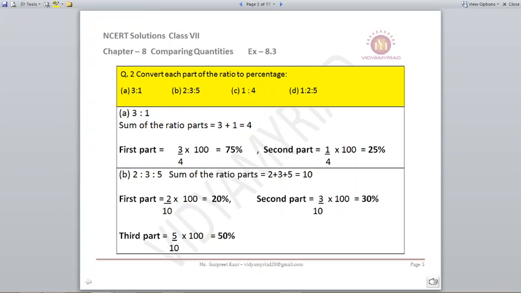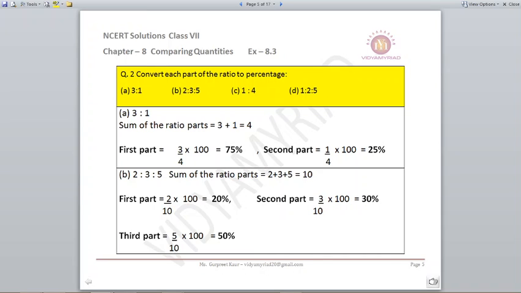So in order to calculate the percentage of each part, the first part is 3 and the second part is 1. So for the percentage, 3 upon 4, 4 is the total number of parts, multiply by 100, you will get 75%. Second part, there is only one part in the second, but total are 4. So 1 upon 4 multiplied by 100, it can be further reduced. So your percentage is 25%. B part,